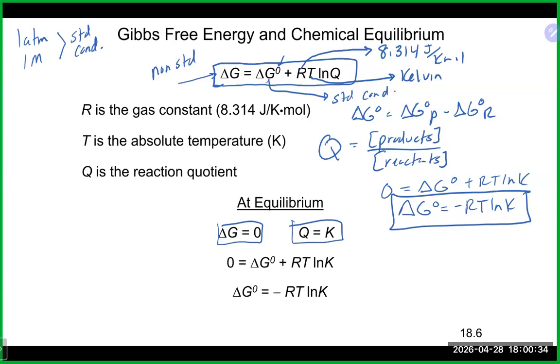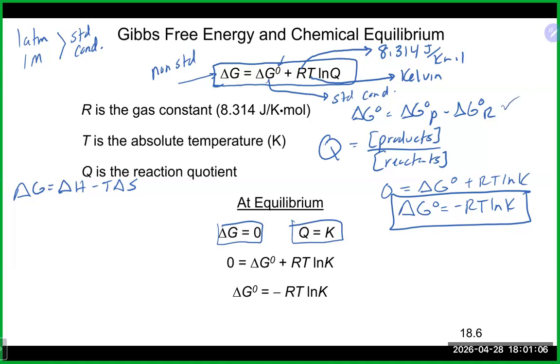K is the equilibrium constant. T is our temperature in Kelvin. And R is the same gas constant that we have above there as well. So in case you're keeping track, we have something like 4 different delta G equations. As I mentioned last time, probably the best piece of advice is, depending on the problem, which one you should choose. Once again, if you are just given the equation and pretty much nothing else, go to the table and do products minus